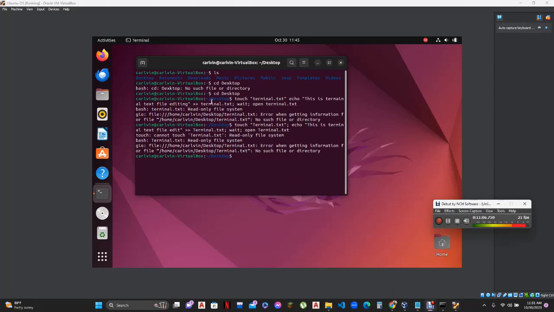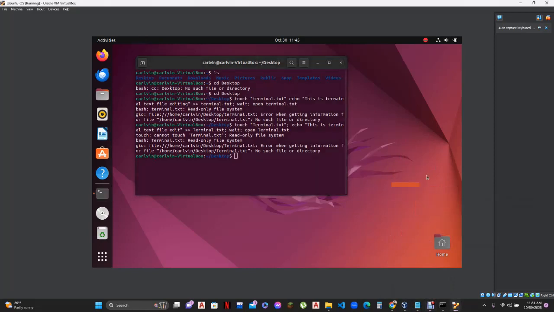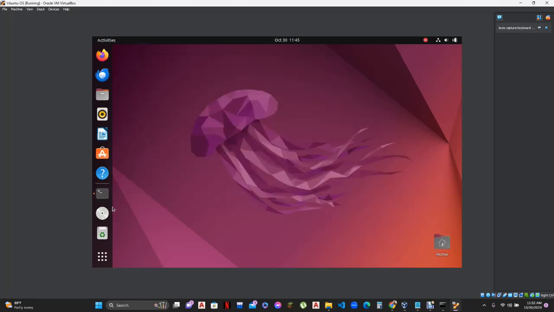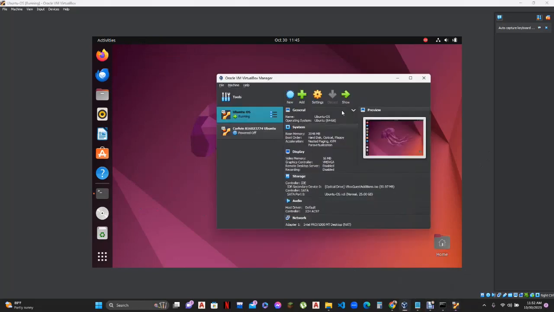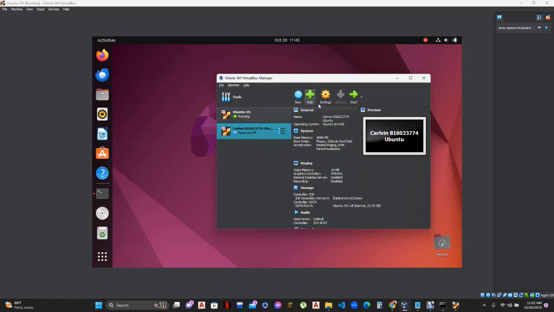Once I went into desktop and created the file, it would appear right on desktop, and it has. I did do it successfully before until I tried to install the add-ons, the CD image add-ons, and it did not install successfully. But unfortunately I have to upload an unsuccessful attempt, so at least I retrace whatever marks I can get. But as you saw, using Ubuntu, what was successful is I was able to create the shared folder,